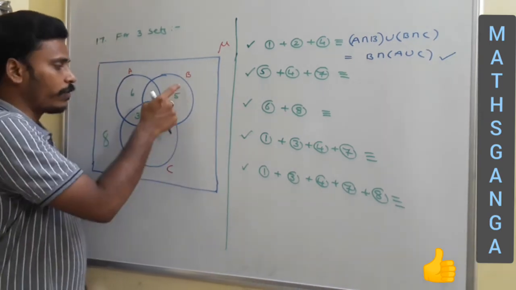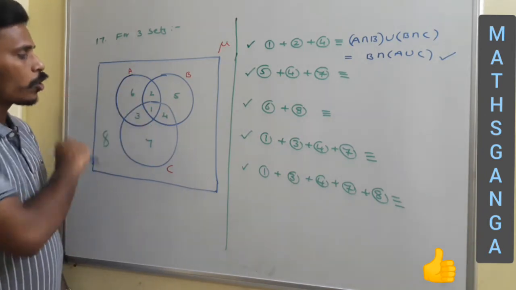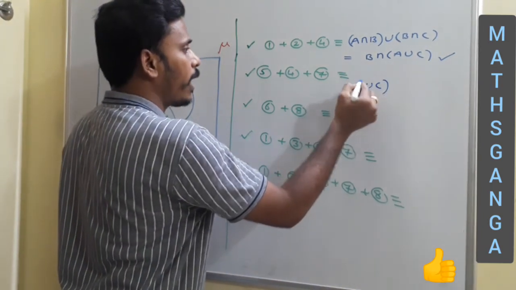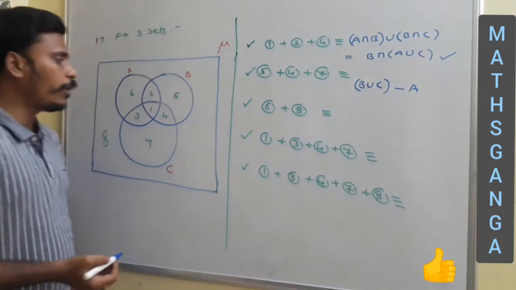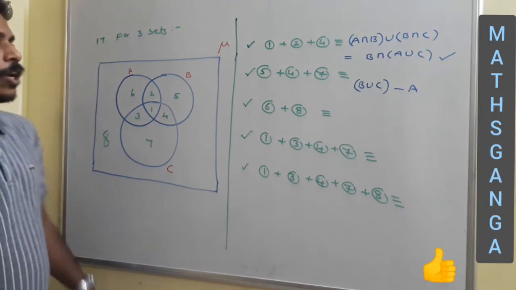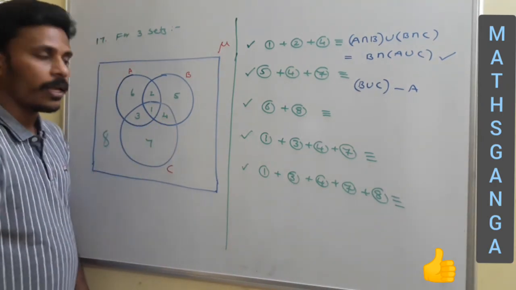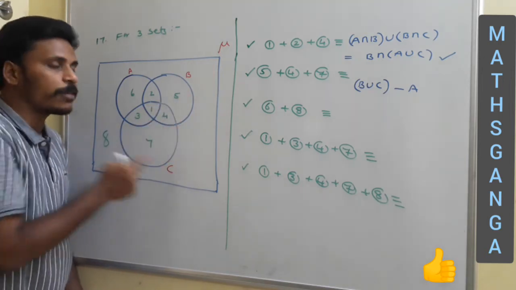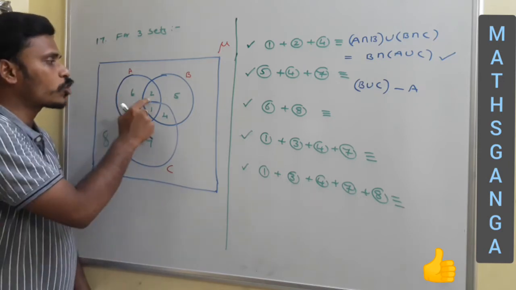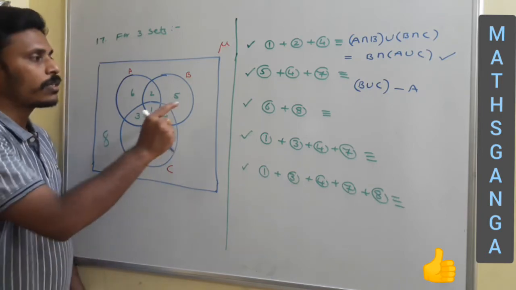And think about 5, 4, 7. This line, 5, 4, 7. See, this A is not included actually. If I say it as B union C minus A, is it clear? B union C means I will get all these numbers, minus A means A is eliminated. So B union C minus A just represents these numbers 5, 4, 7. Since 5, 4, 7 is B union C minus A, then 6, 3, 7 is A union C minus B, and 6, 2, 5 is A union B minus C.